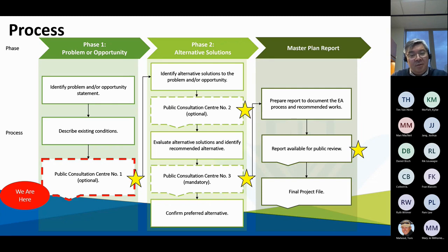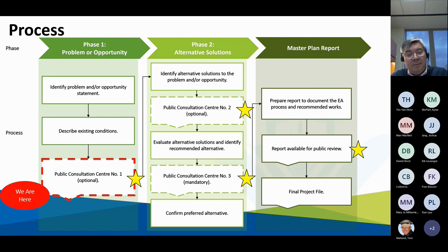We'll bring those back to you at the second public meeting as indicated by the second star. We'll do a preliminary evaluation of those alternative solutions before making a recommendation. Once again, we'll come back to you with our preferred alternative as indicated by the third star. And this is really a check with everyone to ensure that we've captured everything that we've heard from you and review why some of the things did or didn't work.